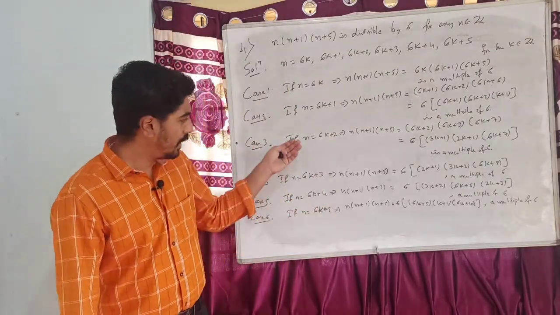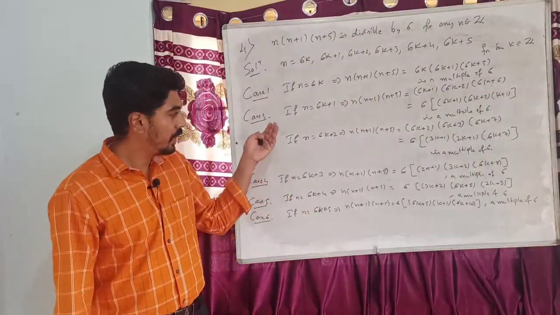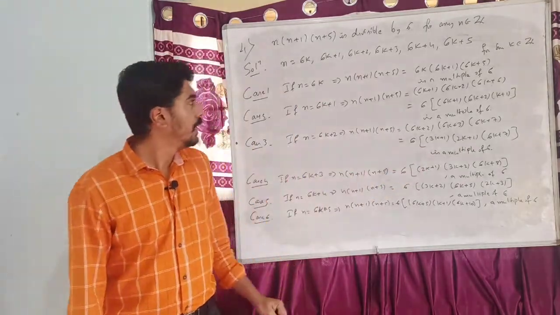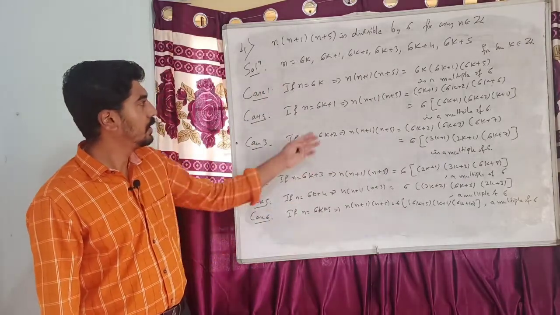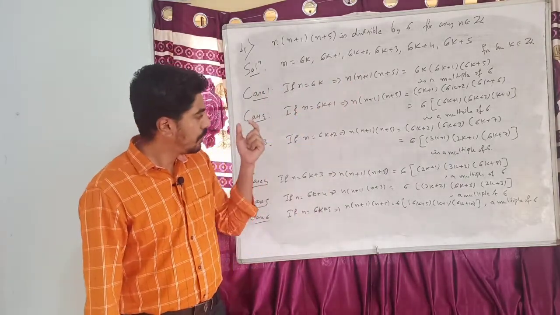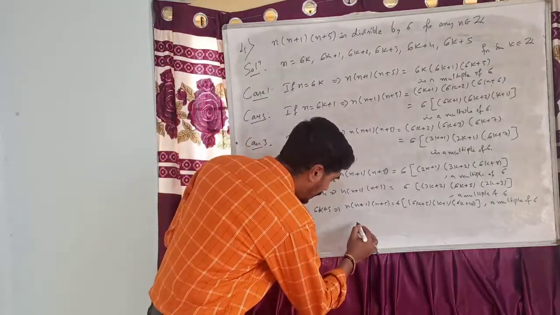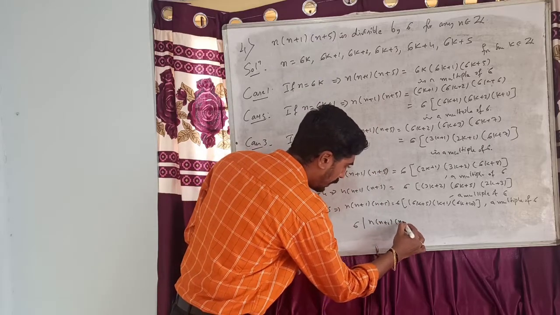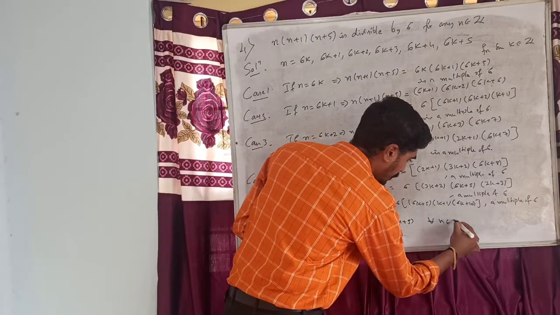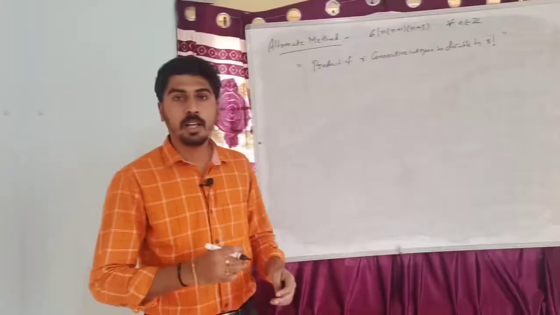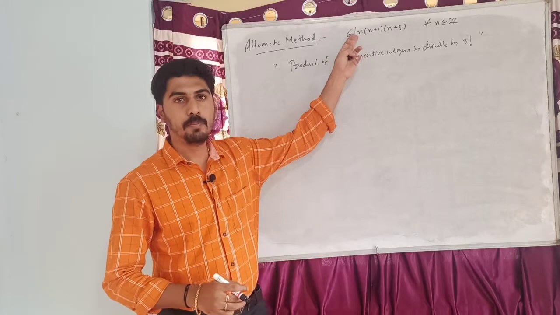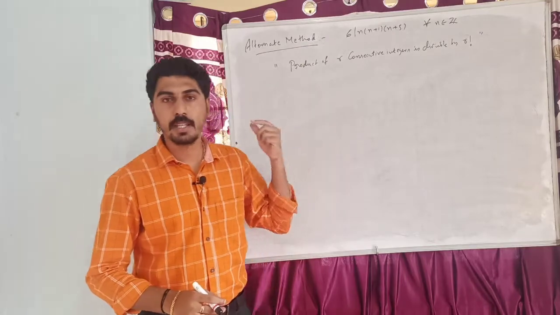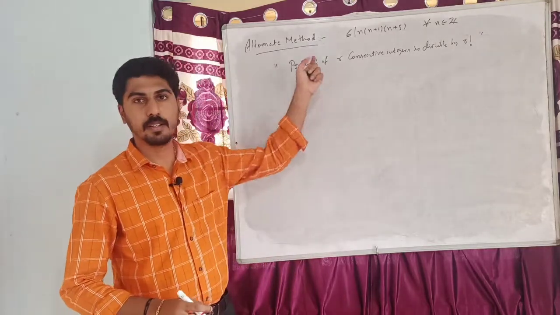Similarly, if we consider all the other cases, we get that n into n plus 1 into n plus 5 is always a multiple of 6. Since in all the cases this term is a multiple of 6, we can conclude that 6 divides this product n into n plus 1 into n plus 5 for all n belongs to Z. Alternatively, this problem can be solved using this particular result.